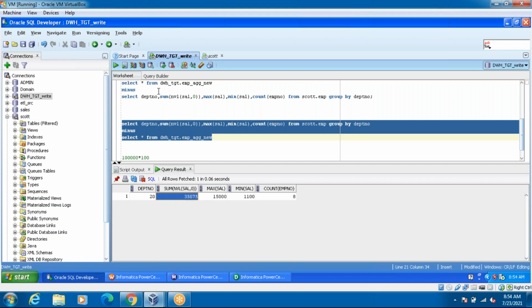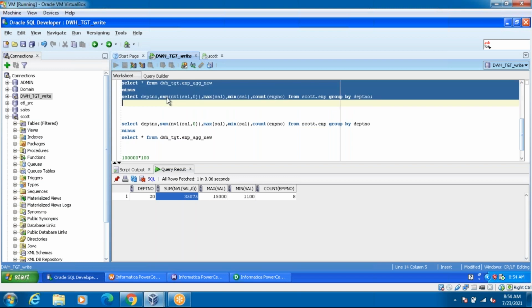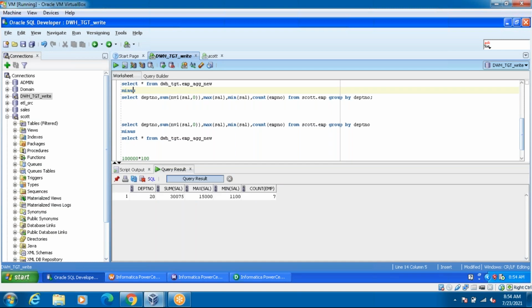But while applying the target minus source, you can see what happened here. We found one difference because some data was added into my source table, and that data we didn't ingest through the job.